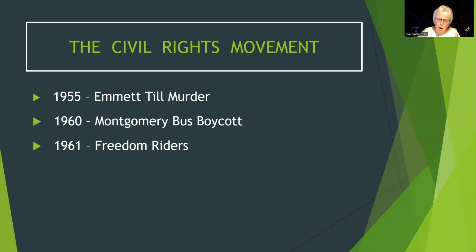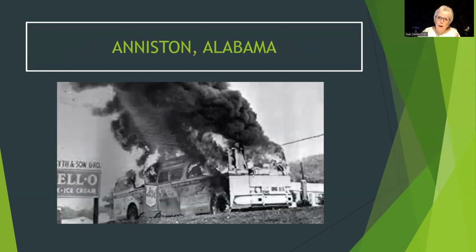When a member of the mob tossed a firebomb through a broken bus window, others in the mob attempted to trap the passengers inside the burning vehicle by barricading the door. They fled when the fuel tank began to explode. The riders were able to escape the ensuing flames and smoke, only to be attacked and beaten by the mob outside,